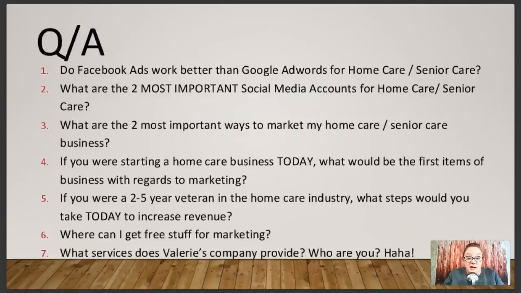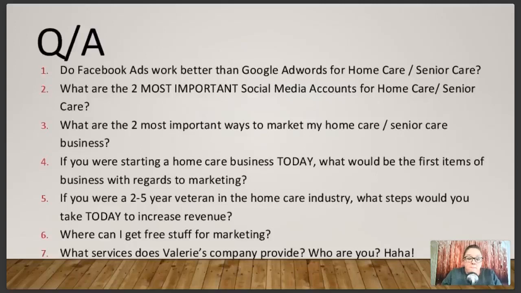Okay, I'm going to give you my take on Google AdWords. I understand there are lots of home care agencies out there, especially franchises, that do Google AdWords ads. And here's the challenge there. If you have a lot of money to spend, or you're a franchisor and you're trying to help a local franchisee get leads or recruit or whatever, then you have the dough to waste or spend on AdWords. It's not going to hurt you to spend $1,000 a month to get that person in that area up and running.